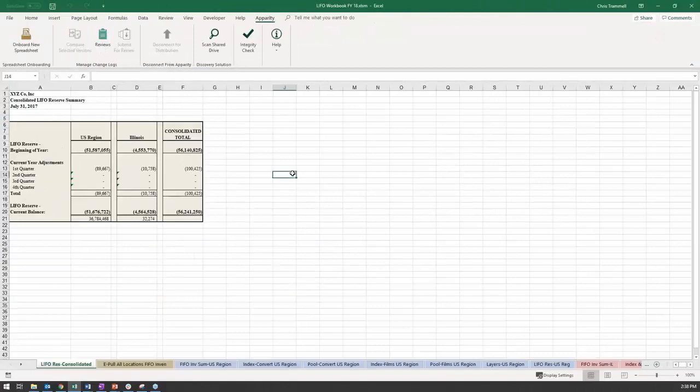I'm going to pull it over. I'm going to talk for just a second about how the Apparity solution is architected. Apparity utilizes a server-client architecture. What that means for you and your end users is that there are two interaction points that you're going to have with Apparity. What we've just done is talk through the